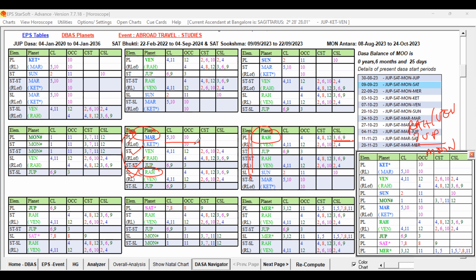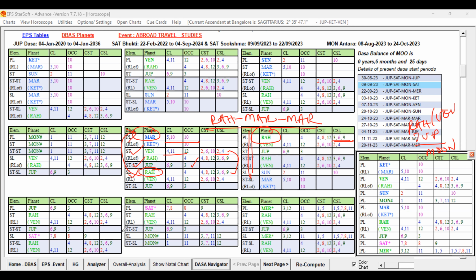Mars is a supportive planet. So Rahu Dasa, Mars Bhukti, and its own Antra, because the star level is talking about the source. For what purpose, traveling? 4, 11, 12, and 2 and 4. The second level is supportive, and the sublord is promising. So she traveled abroad during Rahu Dasa, Mars Bhukti, and Mars Antra. Let me check the period when